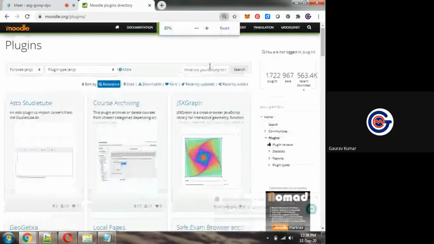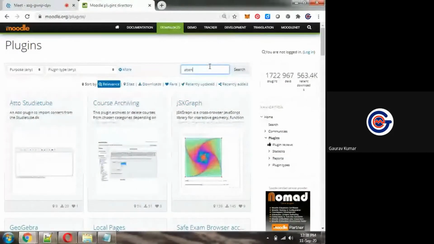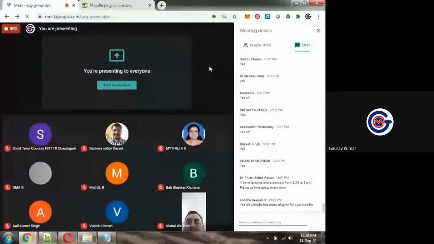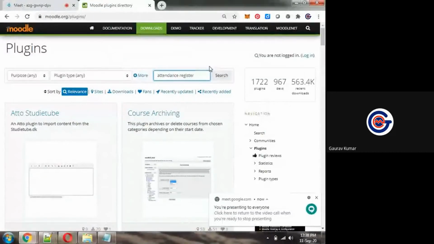Now if I want to take an attendance register, suppose by default in Moodle, an attendance register is not available, like present, absent, proxy, leave, medical leave, whatever it is. These things are not available.